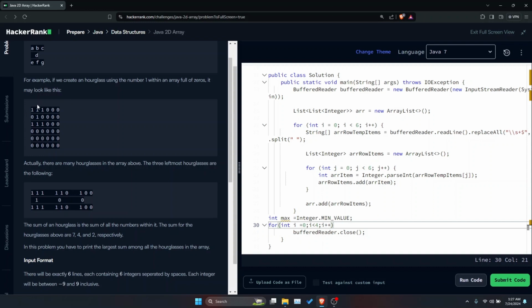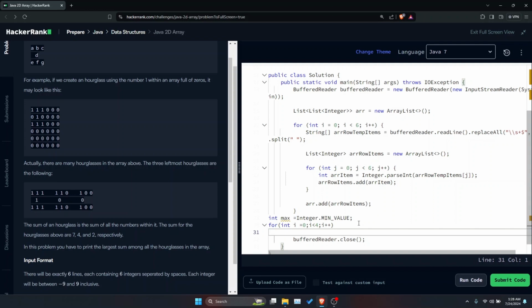And same with the column. If this is 0, 1, 2, 3, I do not want it to start looking for an hourglass after 3, because there isn't any hourglass formed after 3. So I would write a nested for loop.